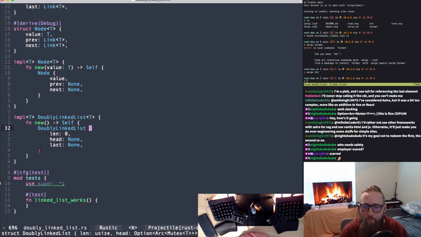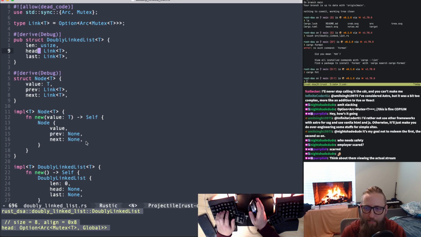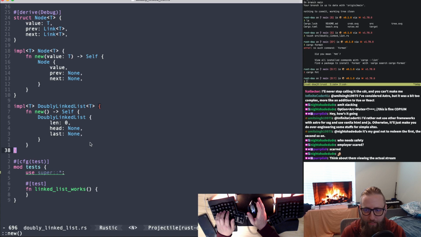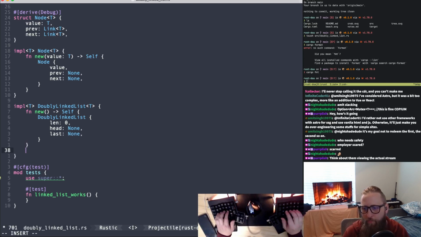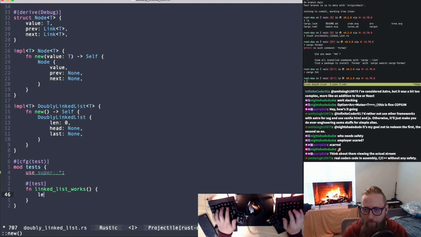Function new, Self, DoublyLinkedList, len, head, last. The head last is really bothering me. I guess we're just going to call it first, even though I kind of hate it. I guess we're going to keep with head. Like, you just want to call it a head and a tail. You don't want to call it a head and a last. It just bothers you. Okay, it bothers me at least. Okay, so let's just start with constructing our list. And we'll just say let